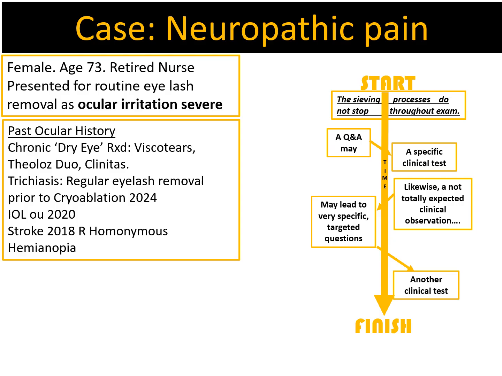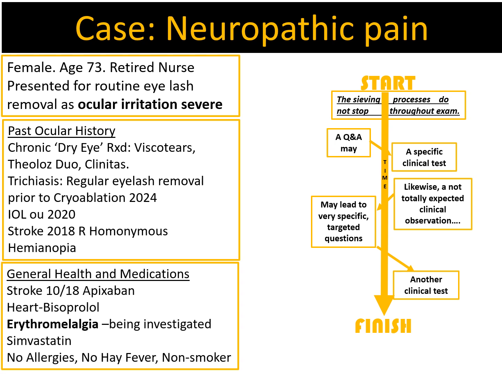The symptoms were very severe and way out of proportion to anything visible on her eyes. Her general health history included a rare disorder called erythromelalgia, and I decided to investigate. It is characterized by intense burning pain, primarily on hands and feet, and causes dysfunction in pain-sensing nerves. My investigative test was to instill the topical anesthetic oxybuprocaine, which should have given rapid relief if the pain was surface damage in